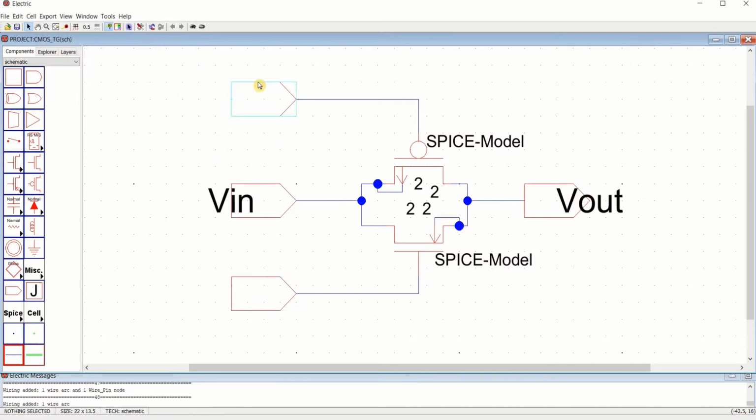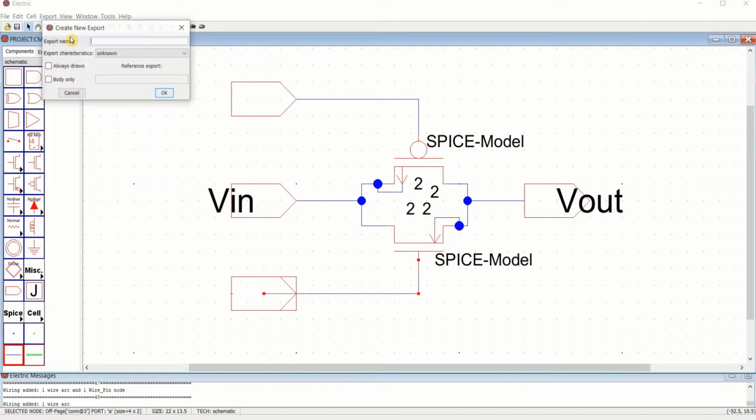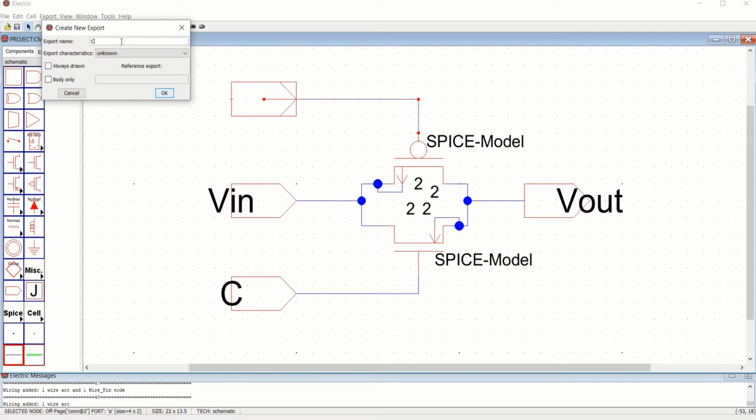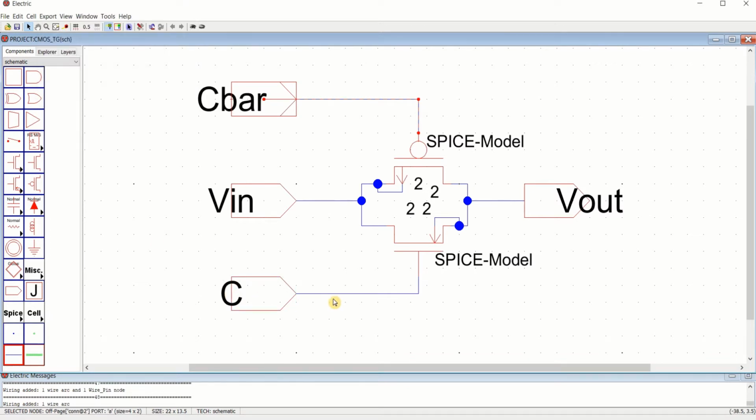Since these two are control signals, I'll use one as C and the second one is exported as C bar. If this signal is positive, then this NMOS is on, and if this signal is negative, or complemented C, then the PMOS gets on.